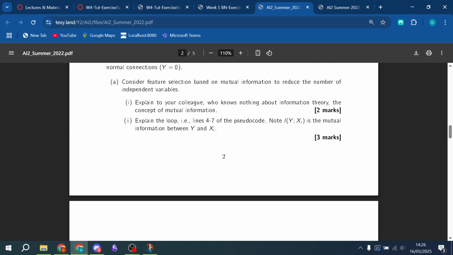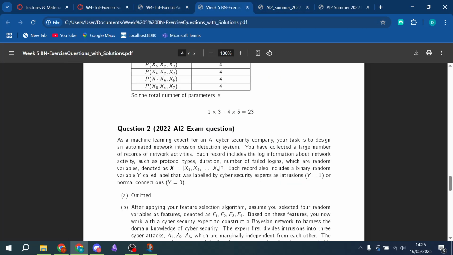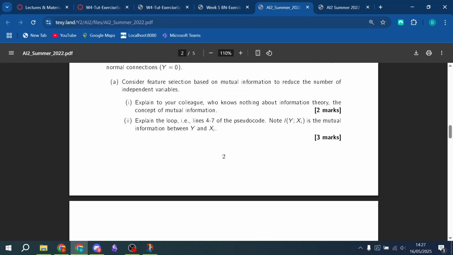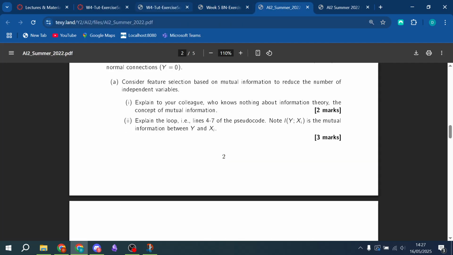This was in the exercise from week 4, and when I was doing it, I'd recently done that worksheet and sort of remembered the mark scheme. And the key thing they want you to say, I think, is